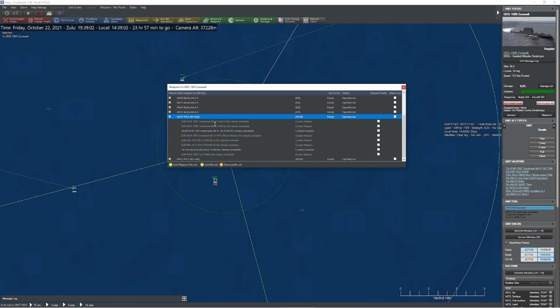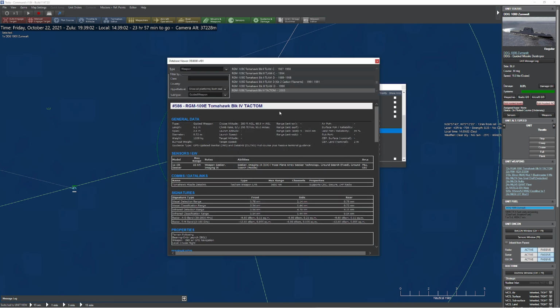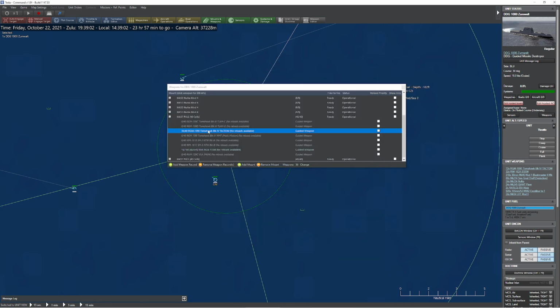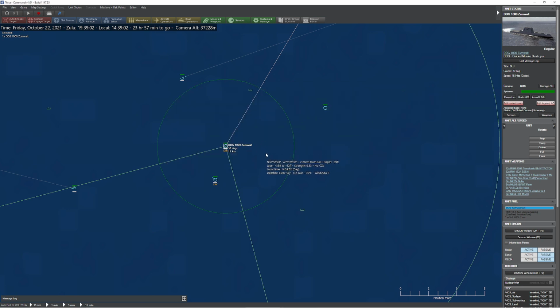You'll notice that not only is the weapon not present, but it tells you if you have reloads available now. This is pretty cool because if you have little cluster weapons and you need to identify what you have and what you can quickly slap back in there, you can now come over here and pop this. If, for example, we got ourselves an Oliver Hazard Perry,